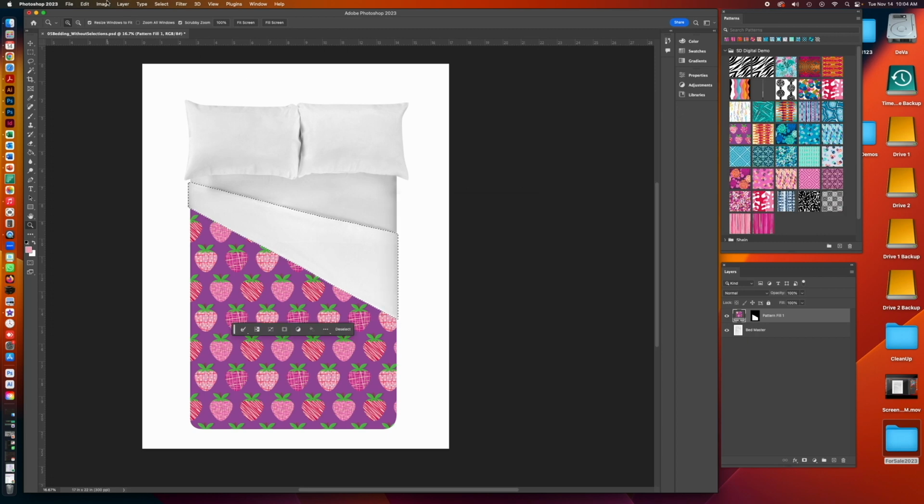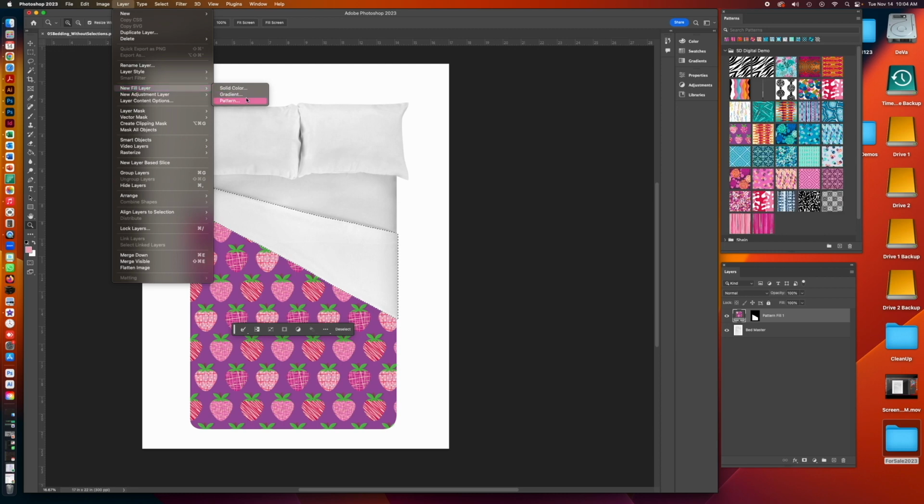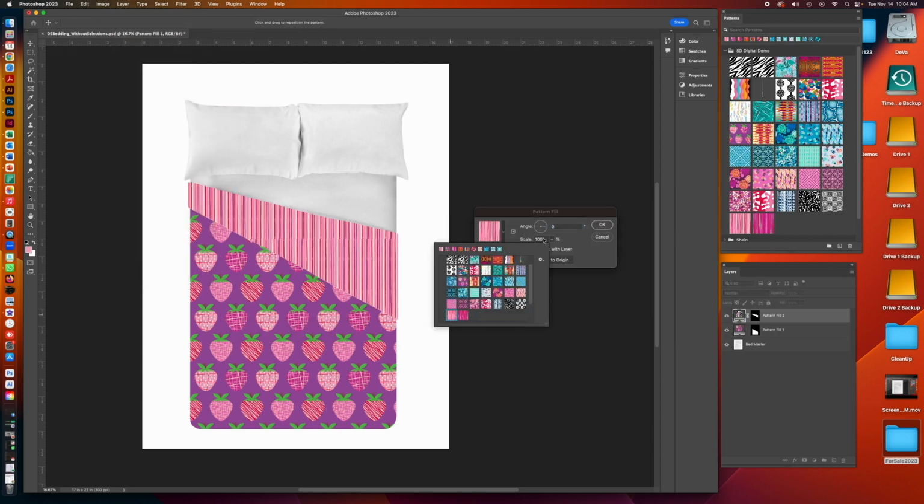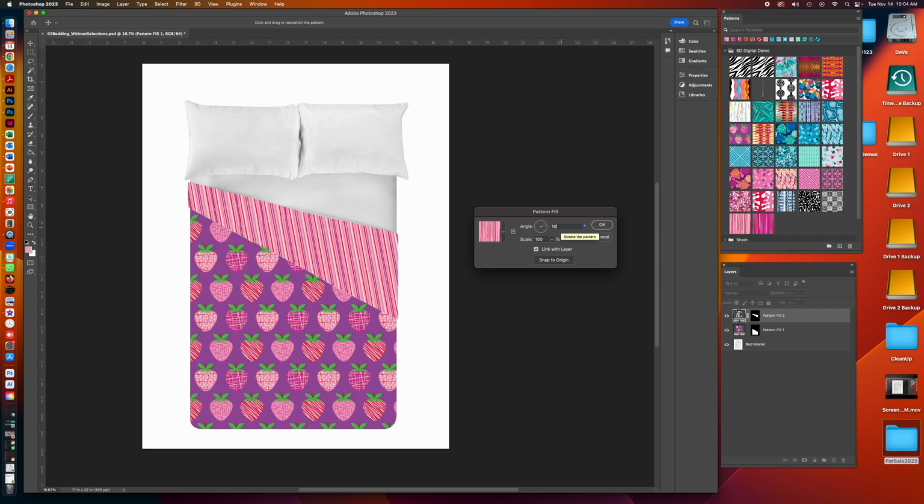And then I'm going to go to Layer, New Fill Layer Pattern, navigate to the pink stripe, and I'm going to also, I think the 100% is fine. And then I definitely need to put an angle in here, and I'm going to have to just play with it to see what angle. I don't want, that's completely the wrong direction, so I need to go minus, and I'm going to put in minus 20. I want these stripes to be perpendicular to the diagonal area,